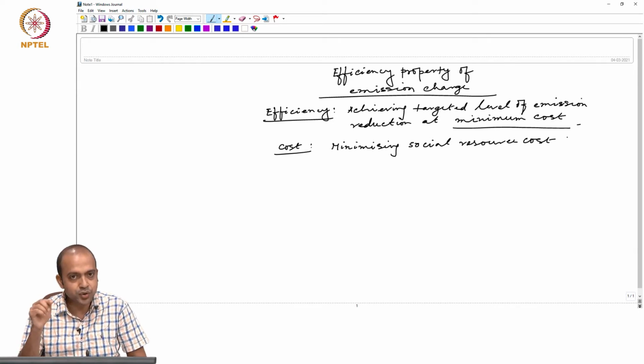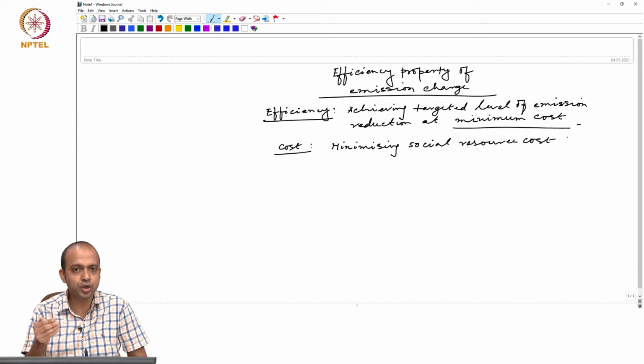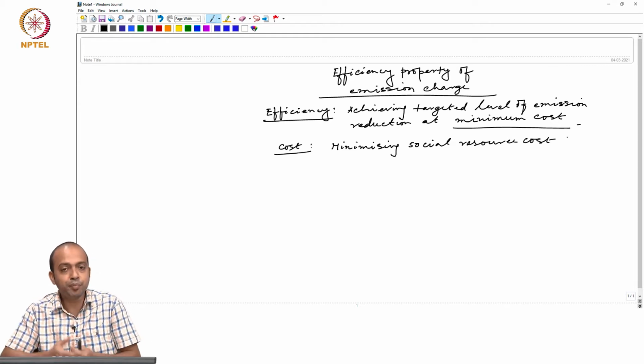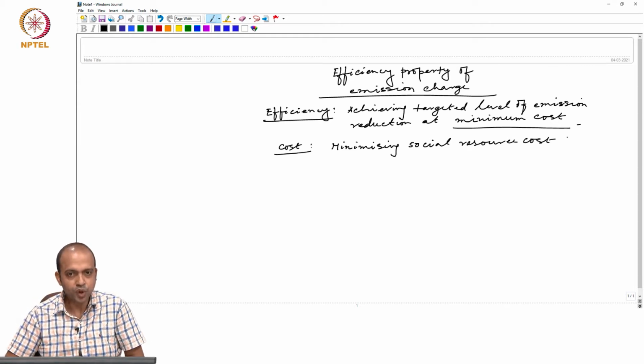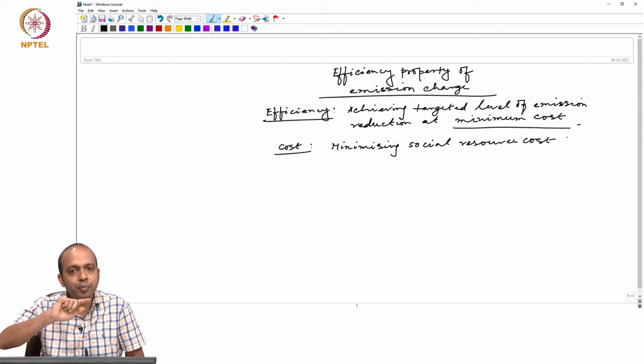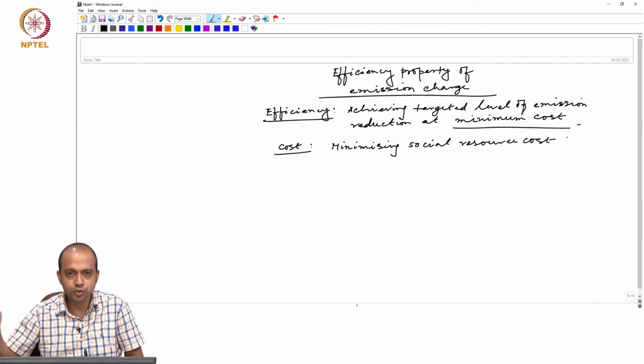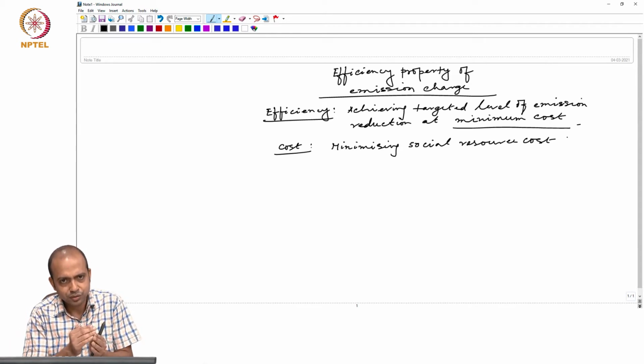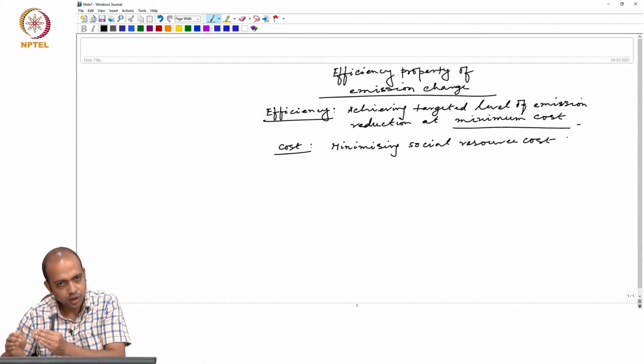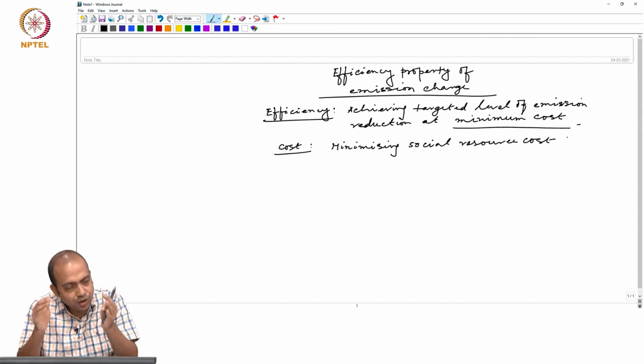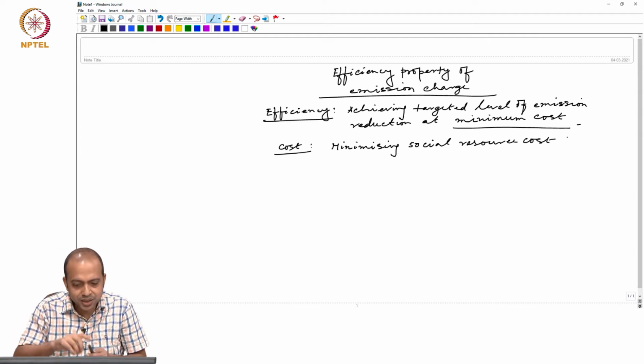Why does the society want to achieve that? Because higher is the cost of abatement, higher would be the price of the product, and the private players will try to pass some amount of cost on to the consumers. So, consumers have to pay a higher price for their product the moment regulation is imposed, right. So, there is a private cost, there is a social cost, right. Private players, the firms, the moment tax is imposed,